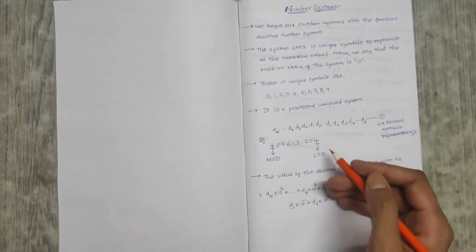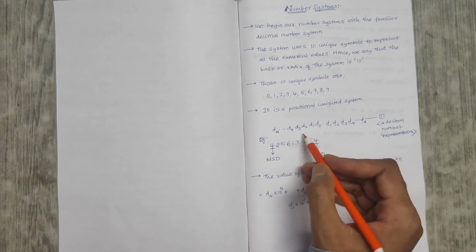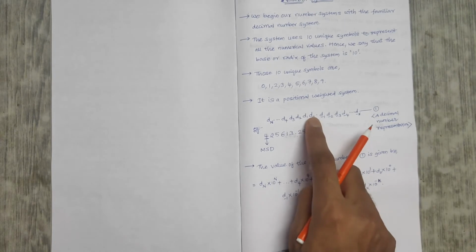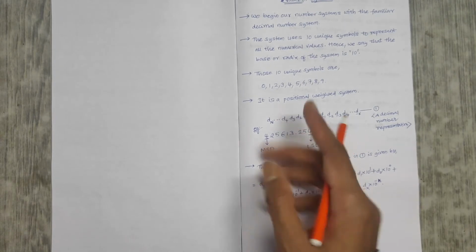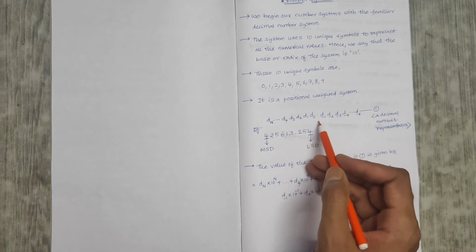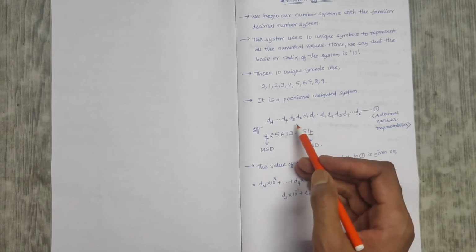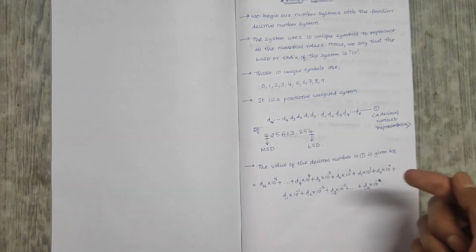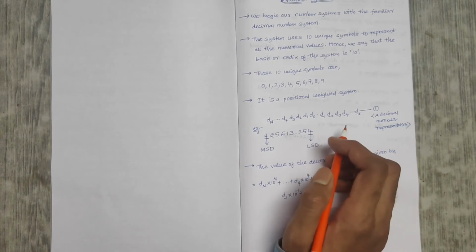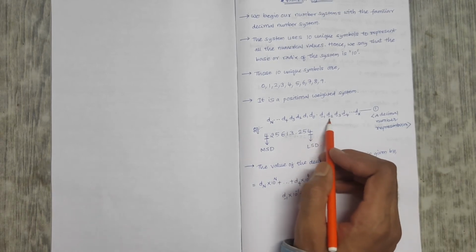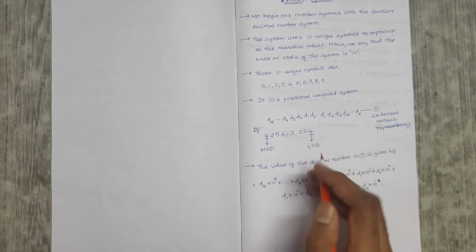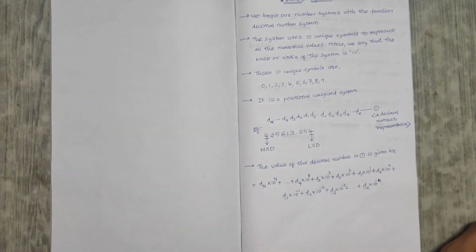It is a positional weighted system. So the value of the symbol depends on its position with respect to the decimal point. For example, in this decimal representation, now it is a number. Okay, so D0, D1 and so on, all the D's stand for different symbols actually. The place value of D0 is 10 power 0, D1 is 10 power 1, D2 is 10 power 2, D3 is 10 power 3. So to the left, the value increases in powers of 10. To the right of the decimal point, the place value will be 10 power minus 1, 10 power minus 2, 10 power minus 3, 10 power minus 4, and so on, up to 10 power minus k. So this is what we call a positional weighted system.